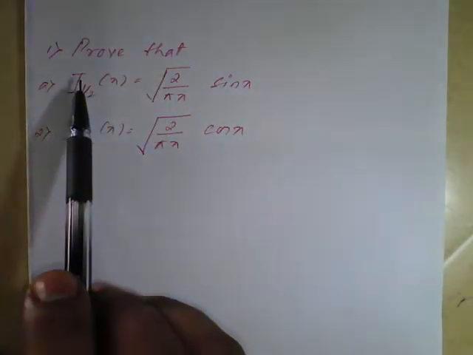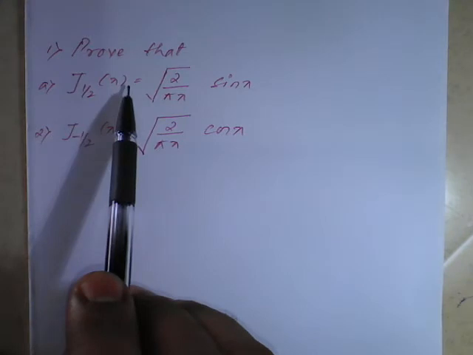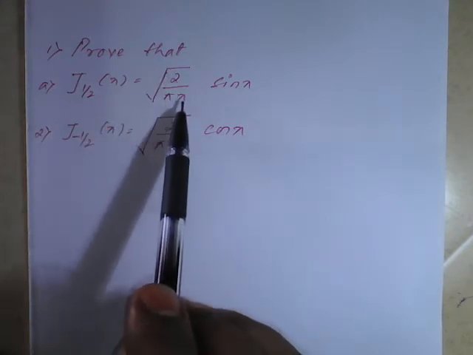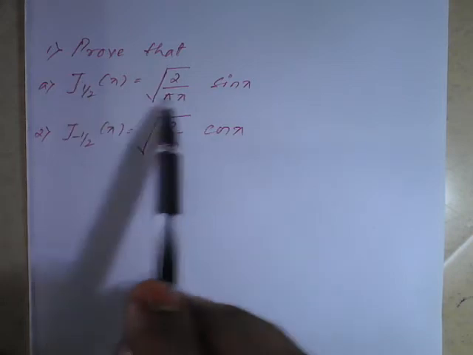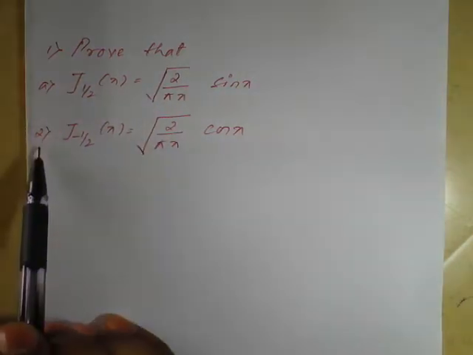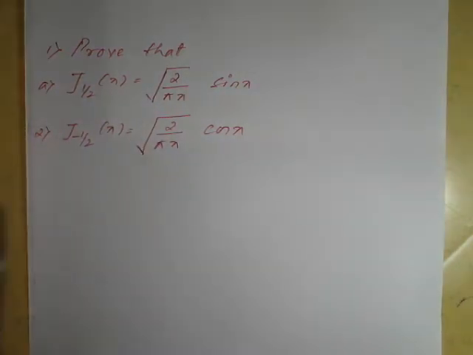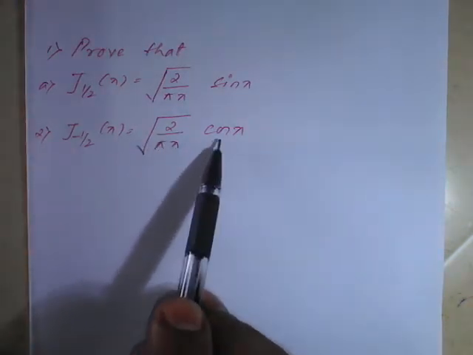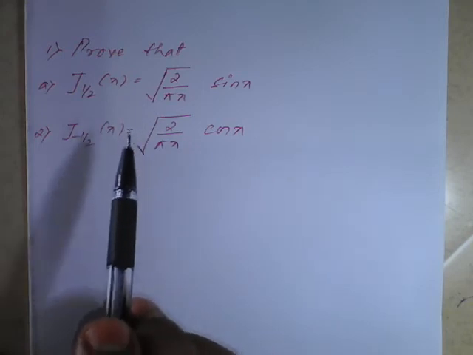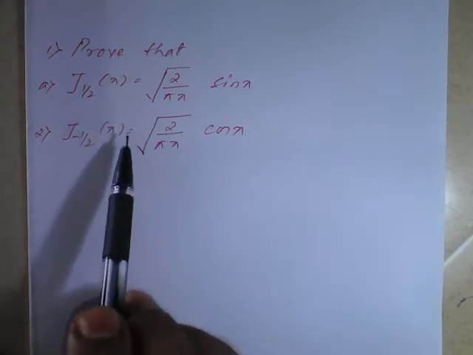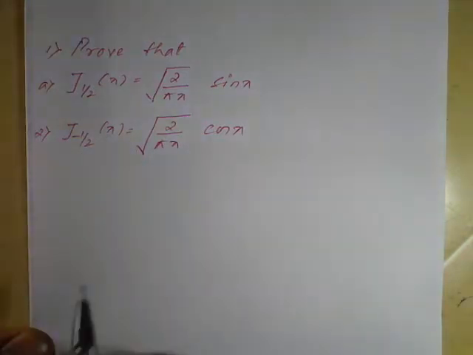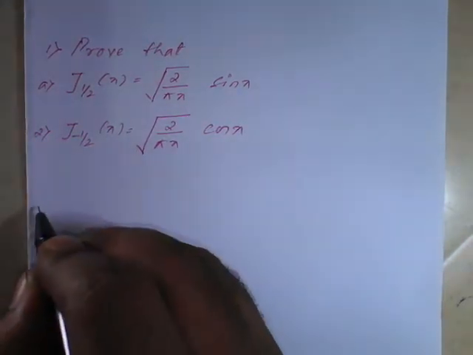Prove that J half of x is equal to square root of 2 upon pi x into sin x, first result, and similarly second one, J minus half of x is equal to square root of 2 upon pi x into cos x. These two results are very important, and we'll prove them by using the Bessel function derivation. So, solution,